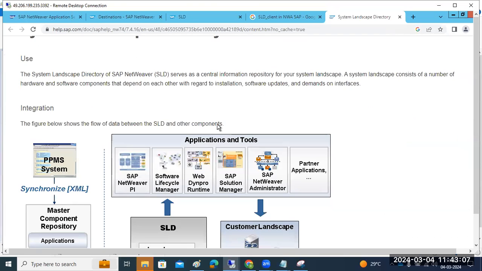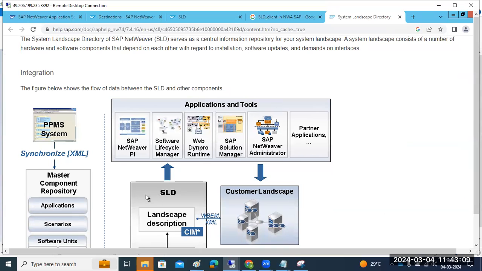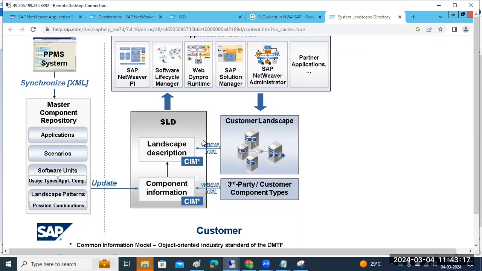So you can see here, this is the SLD, our system landscape directory. You have some other application tools: PI, Solution Manager, network administrator, partner systems, everything is there. This is the customer systems, and this is third party tools here. So if you have all the systems data, the customer landscape data, in the SLD here,